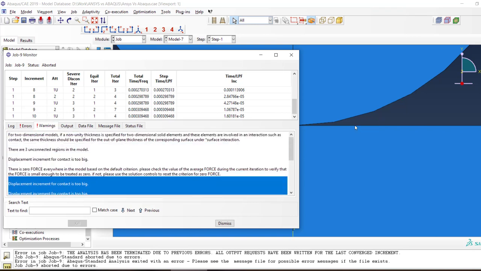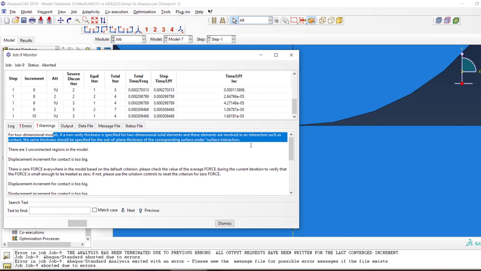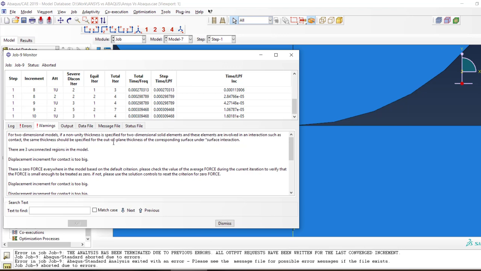Now the contact has to be refined, and if a non-unity thickness is specified for two-dimensional element, these elements are involved in interactions such as contact. The same thickness should be specified for the out-of-plane thickness of the corresponding surface under surface interaction. So there are three unconnected regions. They are not connecting now,